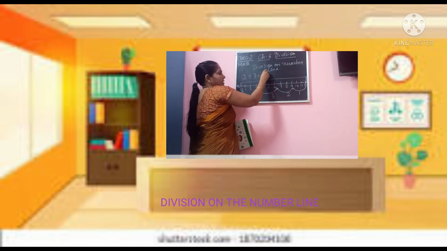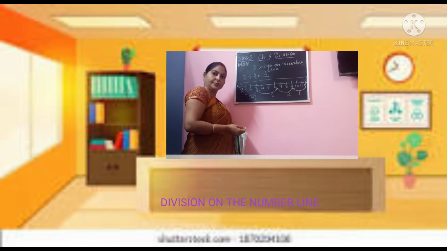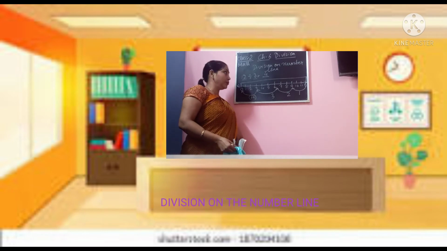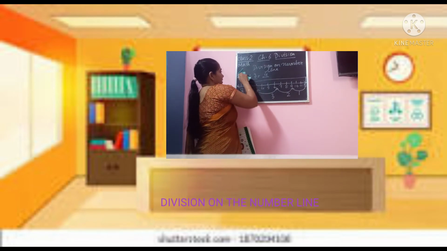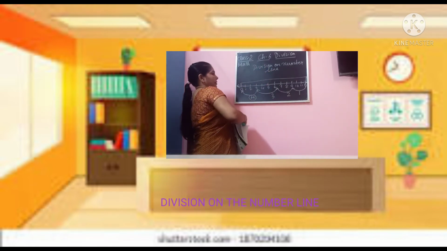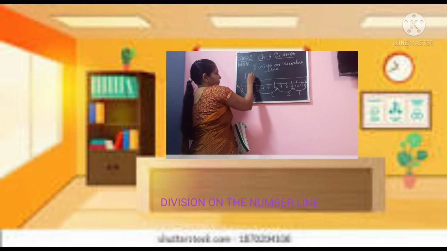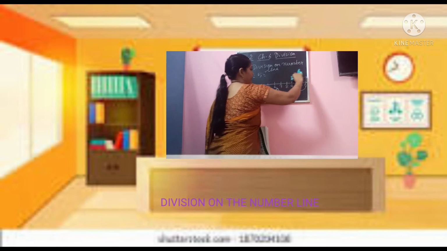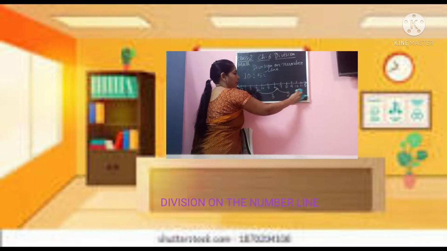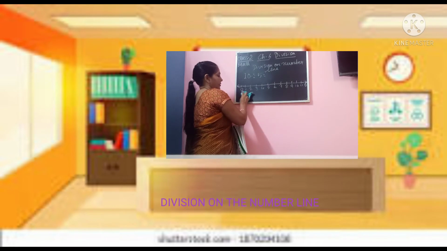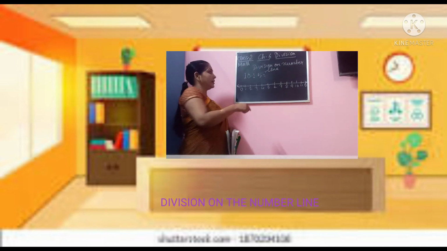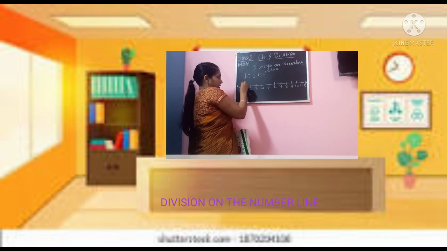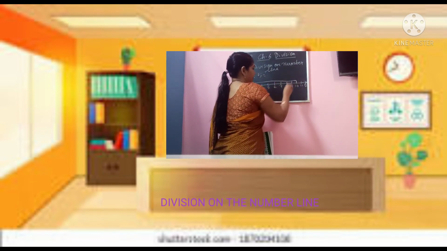Now, when we go to 12, what do we do? We start from 12 backward counting and we will start skipping 3 times, like we will keep on subtracting 3 each time till we get 0. So, we'll start from 12, 1, 2, 3, we have reached 9. Then again we will subtract 3, 1, 2, 3, reach 6, again subtract 3, 1, 2, 3, we have reached 3, again subtract 3, 1, 2, 3, we have reached 0.